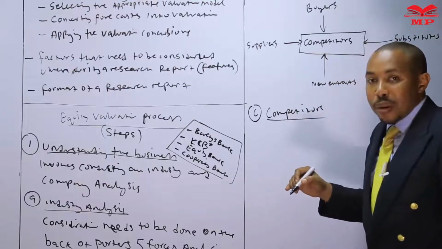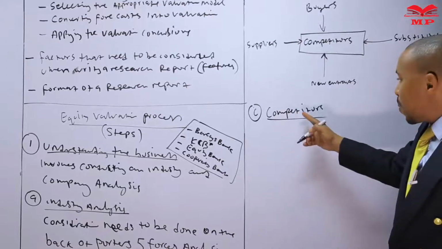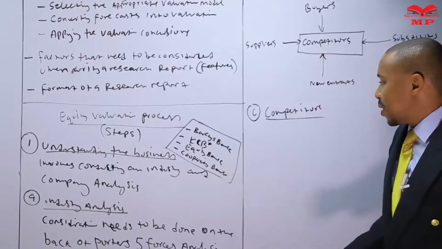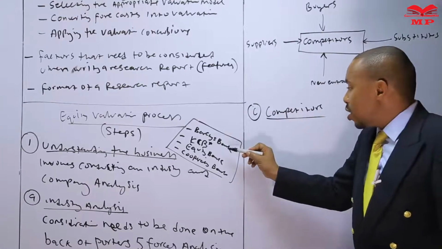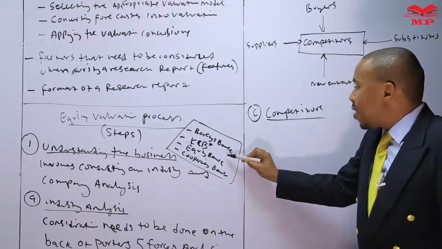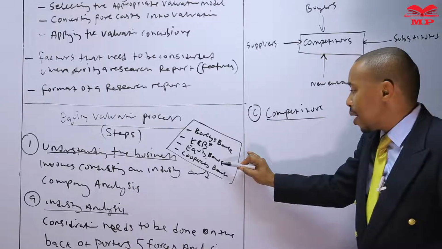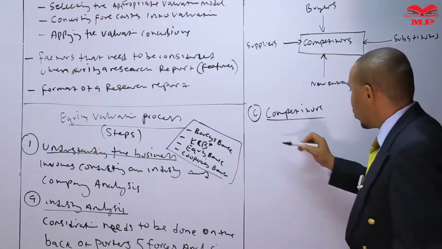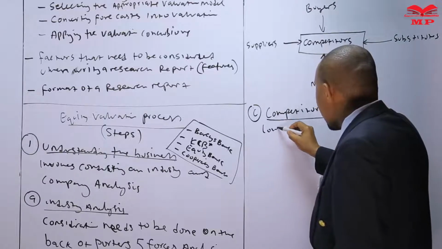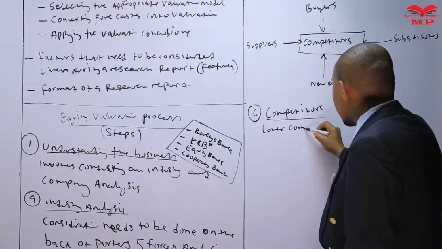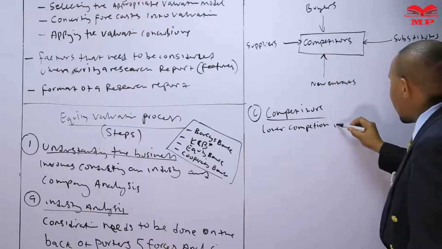Inherent industry competition needs to be looked at from the perspective of the key competitors. So we are trying to analyze KCB based on our example here. You need to try and analyze, okay, who are the key competitors within the industry? Barclays Bank, there is Equity Bank, and Cooperative Bank. So we put a hyphen and we can write over here, lower competitors or lower competition within an industry